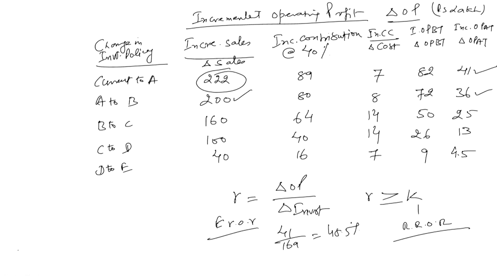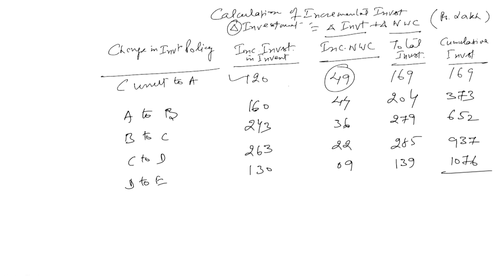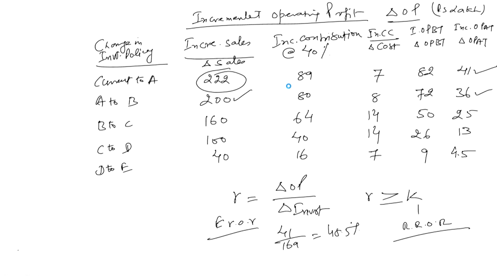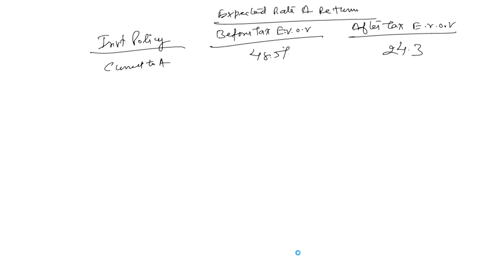So, this is operating profit at the policy current to A, and this is the investment in the inventory, that is total investment 169. So, operating profit is divided by the expected investment, or increased investment in inventory, we are going to make at the policy current to A. So, this works out as 41 divided by 169, which is 48.5%. So, this is the first expected rate of return, and half of that is the after tax rate because the tax rate is 50%. So, half of that is 24.3%, and then from A to B